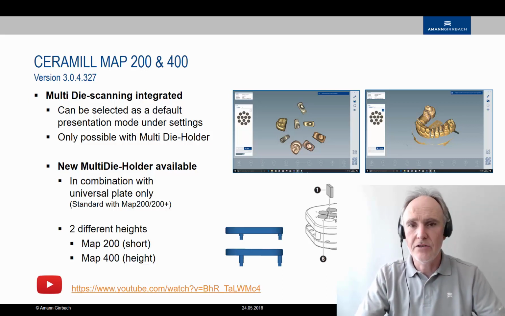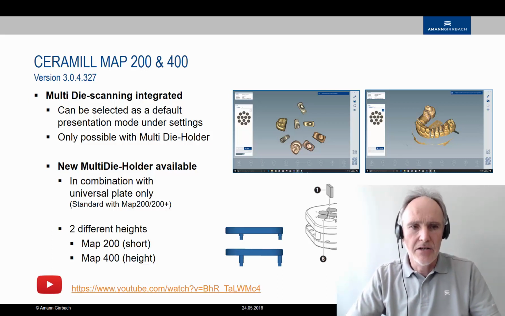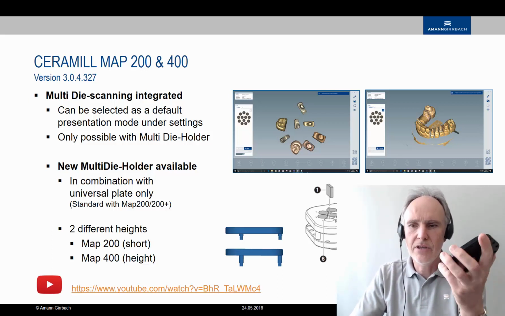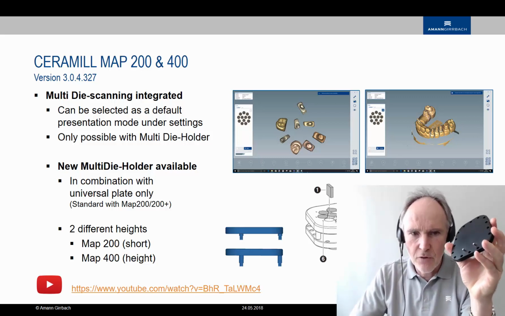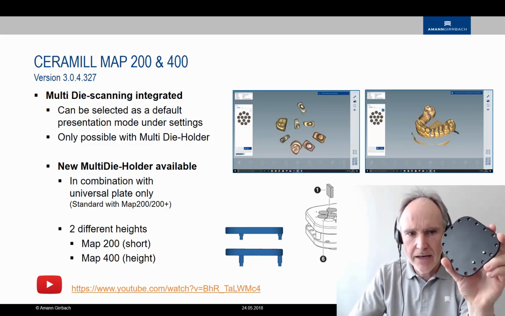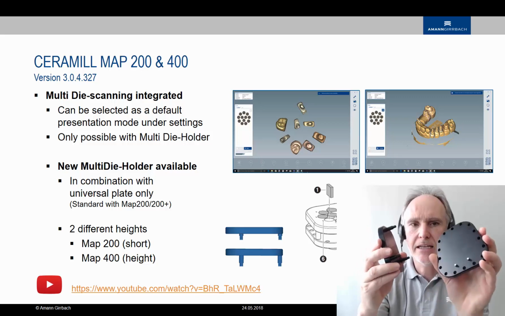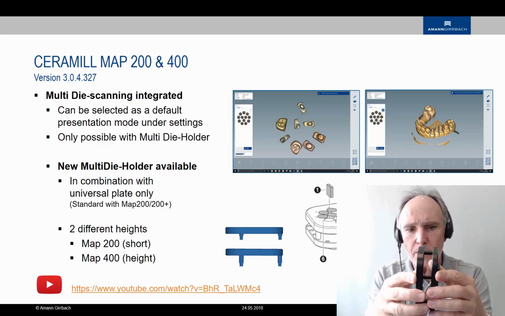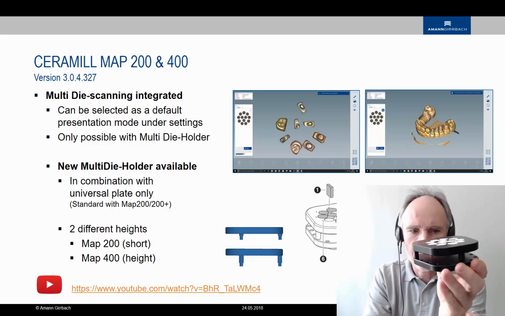It doesn't matter how big your work is. This new multi-die holder is used in combination with a universal plate. Don't forget to order this plate if you have the MAP 400. It comes standard by default with the MAP 200 or 200 plus, but customers who have the MAP 400 need this additional plate, and